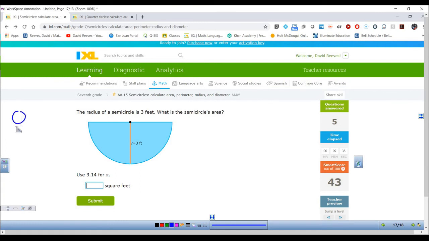When you have the full circle, the area is pi times the radius squared. But when you have half of a circle, the area is pi times the radius squared divided by 2. So they told us that the radius is 3, so it's pi times 3 squared, divided by 2. That's going to give us our area. Well, 3 squared is 9, so it's going to be pi times 9